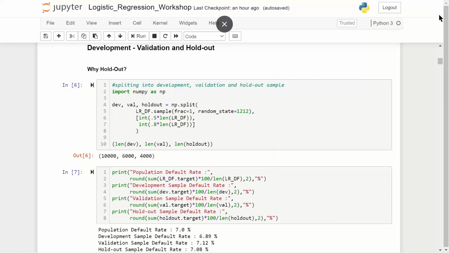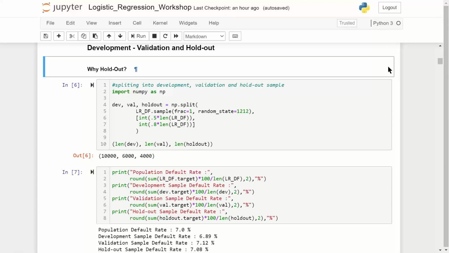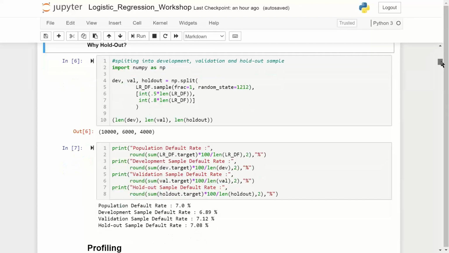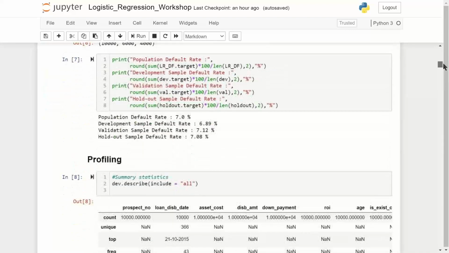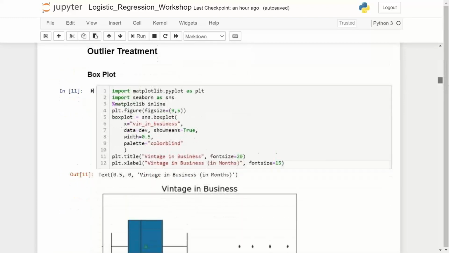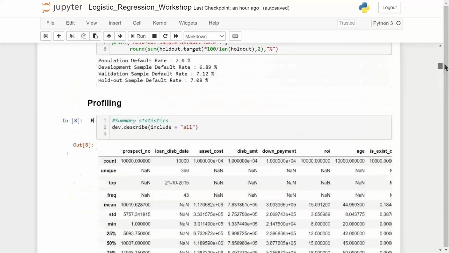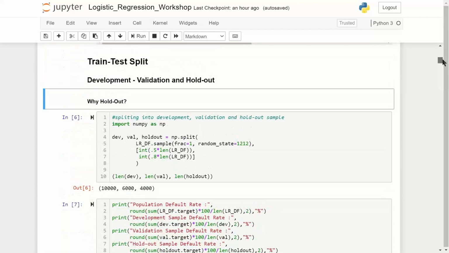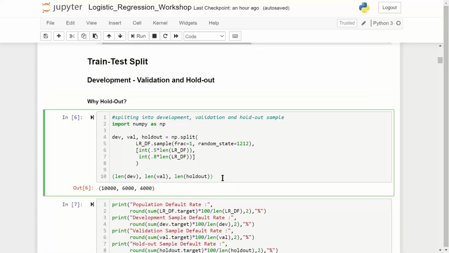Okay, we have now understood the concept and the calculation part of logistic regression. So what we'll do is we now move on to the next topic, which is basically outlier treatment and missing value imputation. So before that, I'll split the data